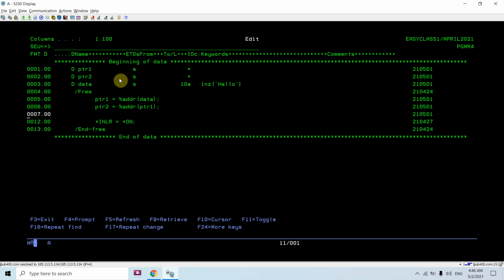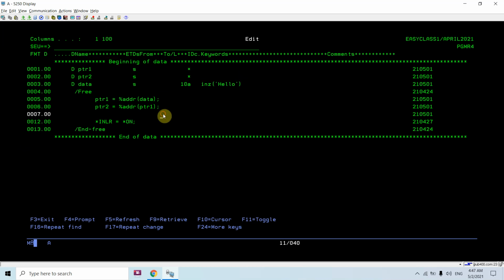You can see I have defined a normal variable which is of 10 characters, taking 10 bytes in the memory, and initialized it as hello. So basically 10 bytes of memory is allocated to this variable in some storage, and the address of that storage is linked to this variable, which is pointing to that address. Now we have two pointer variables.